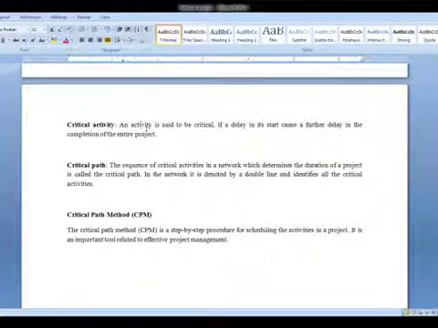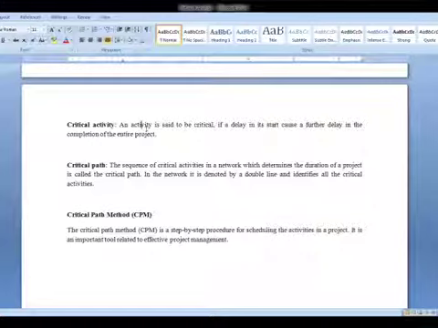it is obvious that the next following activity or the succeeding activity will get delayed, and so on. It will have a repercussion effect on all other activities, and the entire project duration will get delayed. So any such activities in a project where delay in that particular activity will cause further delay in other activities, such activities are called critical activities.